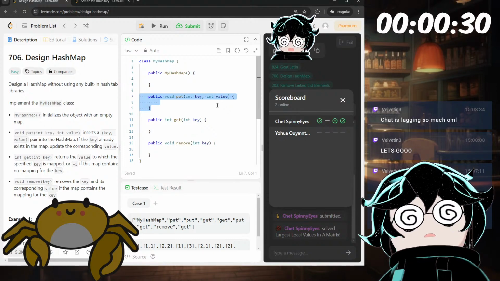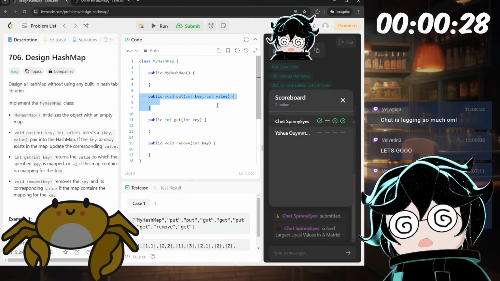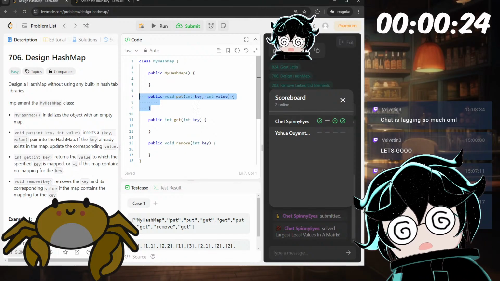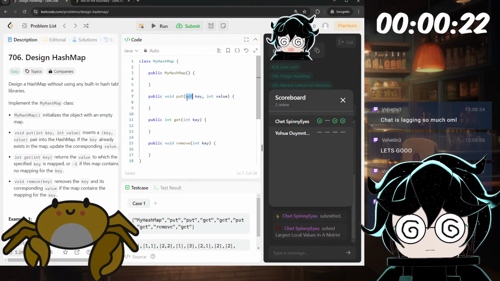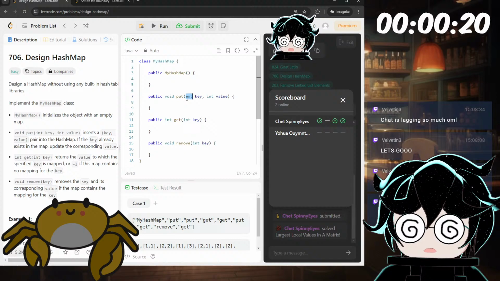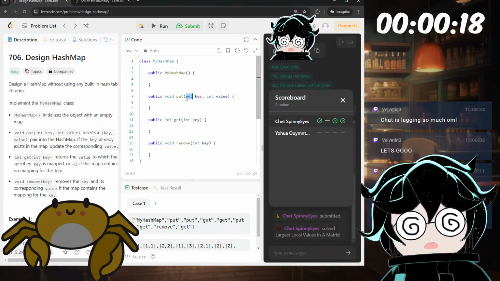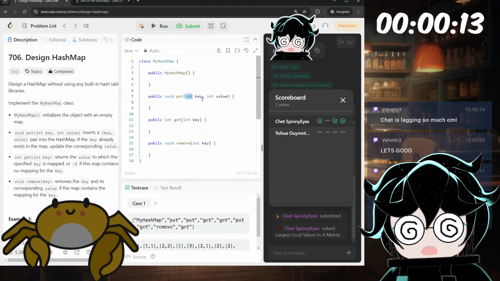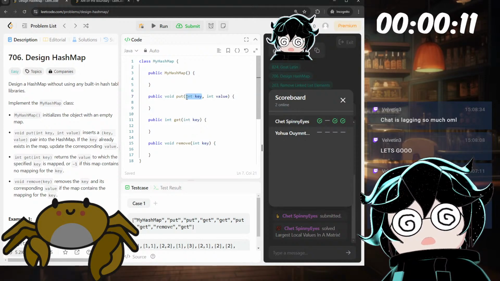Wait, is this how you do it? Wait, the key is straight up an integer. Can't you just do... Wait, I'm so confused.